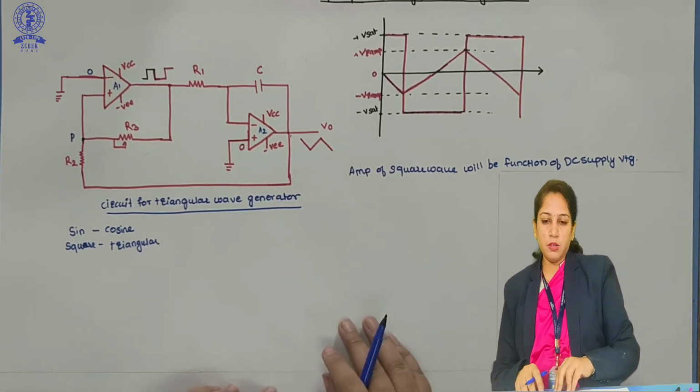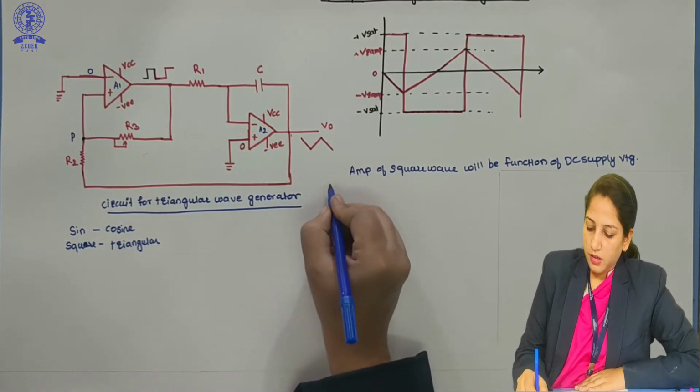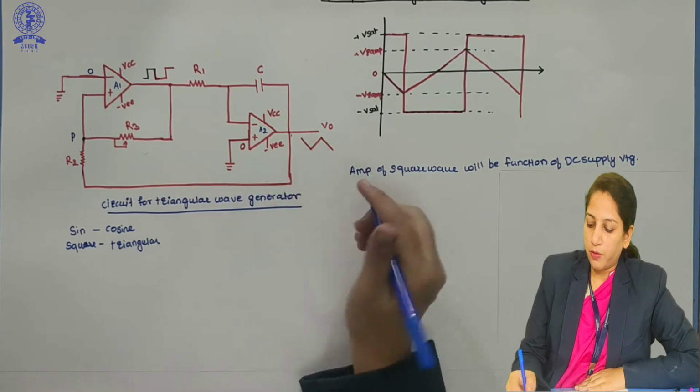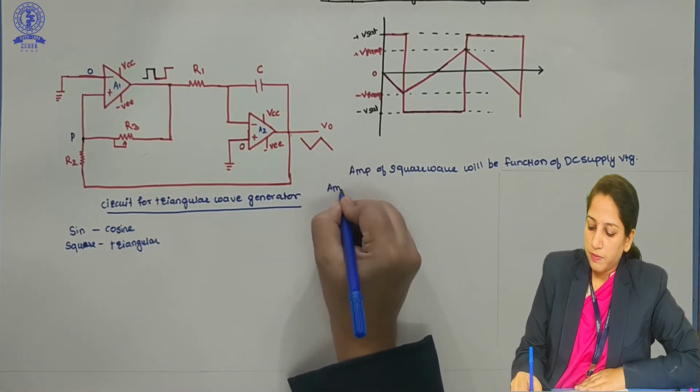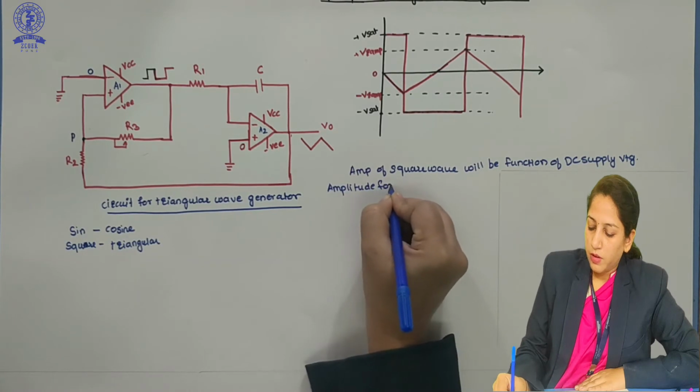Now for example, here we will find out the amplitude for our triangular wave. So amplitude for